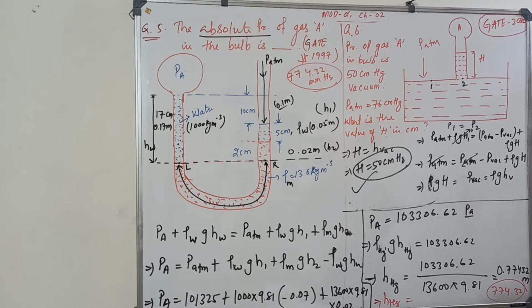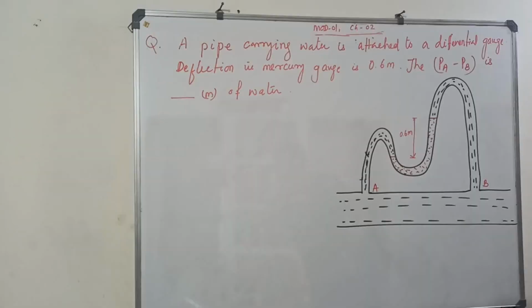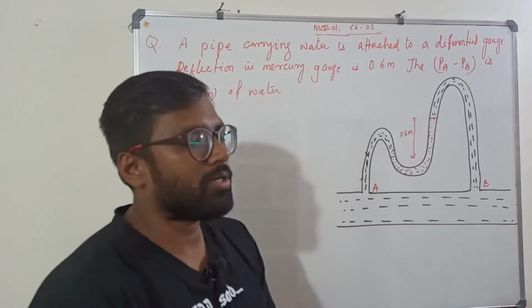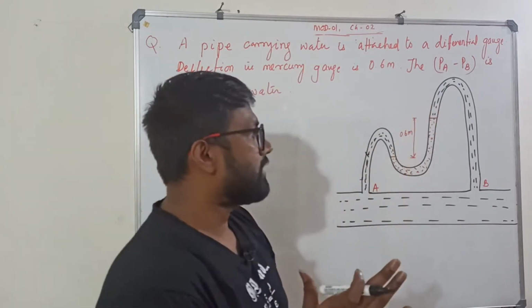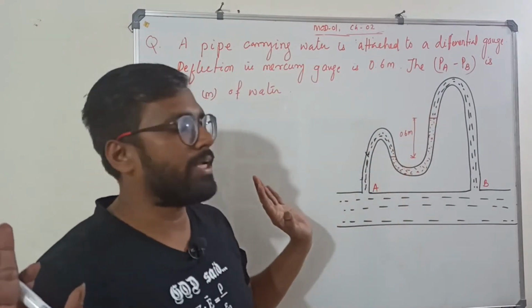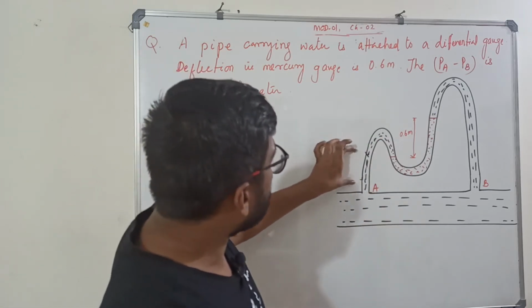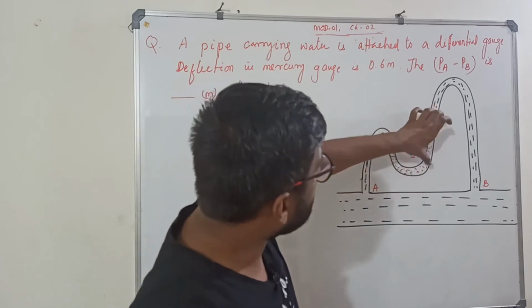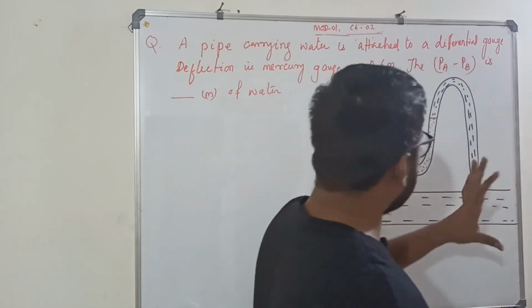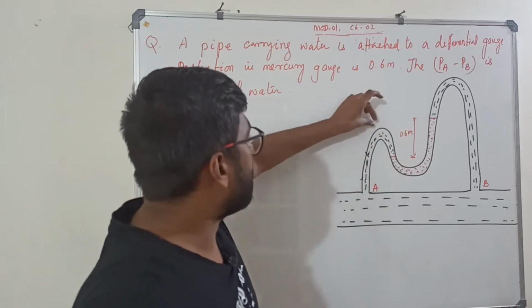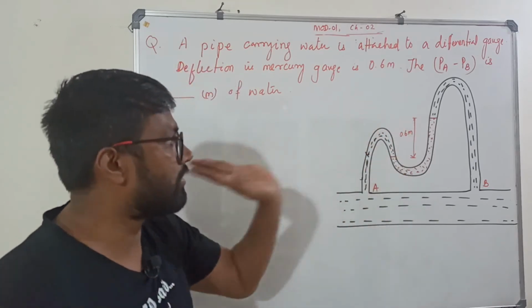Good. Pause the video, note it down. So now let's try to solve this numerical. As a student who is just preparing for competitive exams, when I came across this kind of numerical, it freaks me out. I saw so many things happening here, H1, H2, H3, H4, H5, H6, H7. I don't know what the difference is. Nothing I know. This is what they have given in the question.